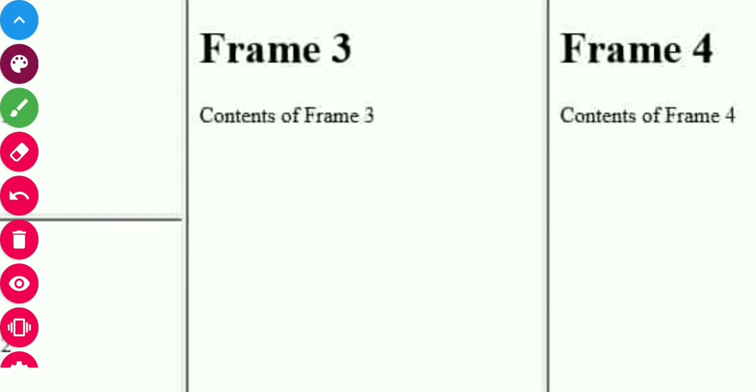Each describes a single frame, and a frameset can specify that these frames are laid out in rows and columns. So if you want your frameset to have rows and columns, you can use the frameset tag, and you can just mention that in it.